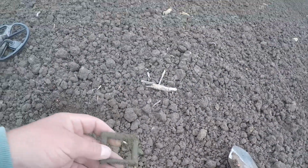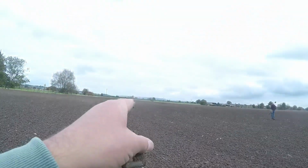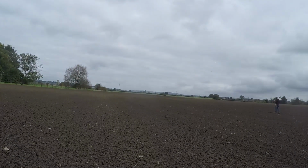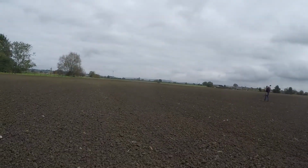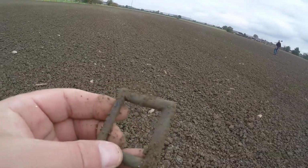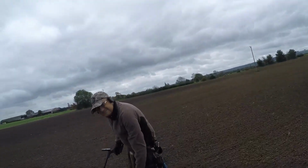Right, just got my first buckle, so I'm pleased about that. I'm heading down there. Brian and Gary are down there at the moment, and they're getting Roman coins coming up, so I'll take a slow walk down there. But as I say, it's a buckle. Right, just coming over to Gary. He's been finding a few Roman, but